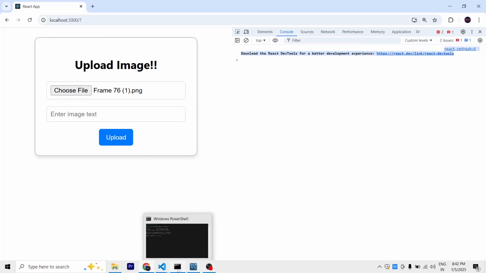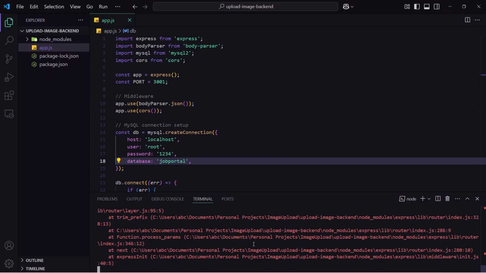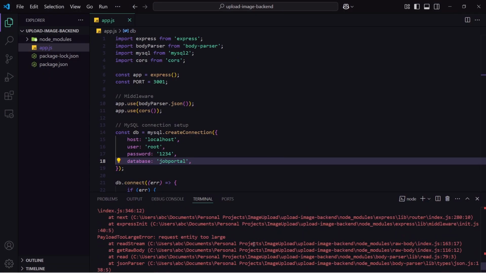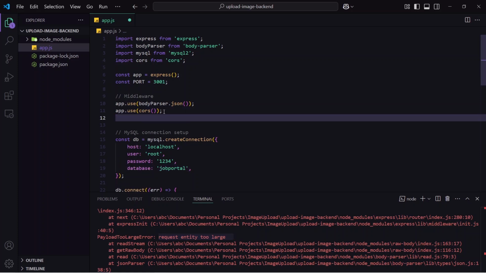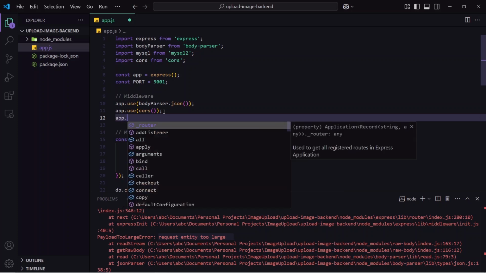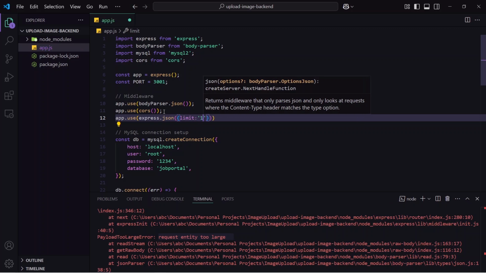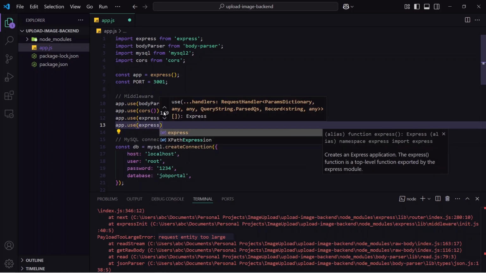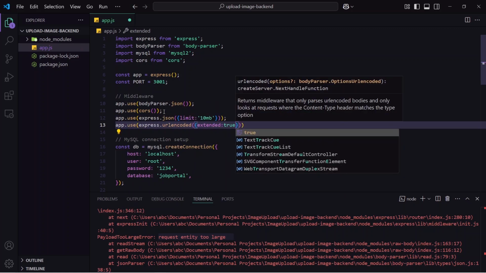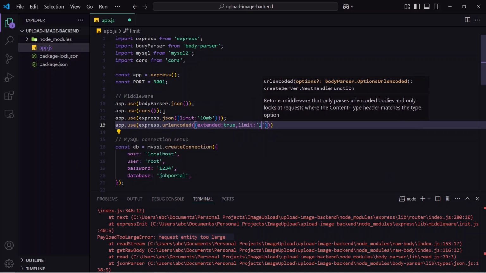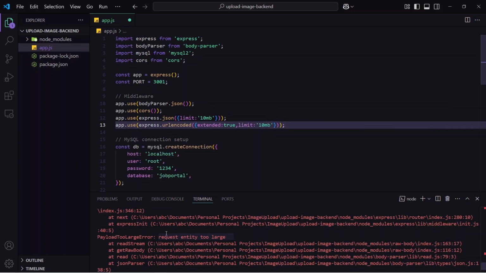Okay, nothing is happening. Are we getting some error? Oh, there are so many errors. If I go up, I'm getting this error: request entity too large. As I already told you, our base64 is too large, so our backend is not taking that. For that, we have to come to this middleware part. You can go anywhere in your code and add these two lines. One is app.use express.json limit, and set the limit to 10 MB. After that, add another line, express.urlencoded extended true, and its limit will also be 10 MB. Make sure to add these two lines to avoid this request entity too large error.